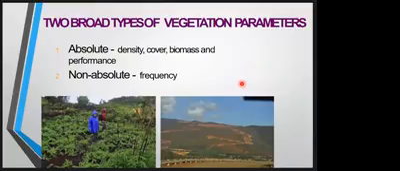So now let's move on to two broad types of vegetation parameters. We have the absolute and non-absolute. When you say absolute, in this type of parameter, you'll be able to know the density, the cover, the biomass, and the performance of particular species in an area. But when you say non-absolute,